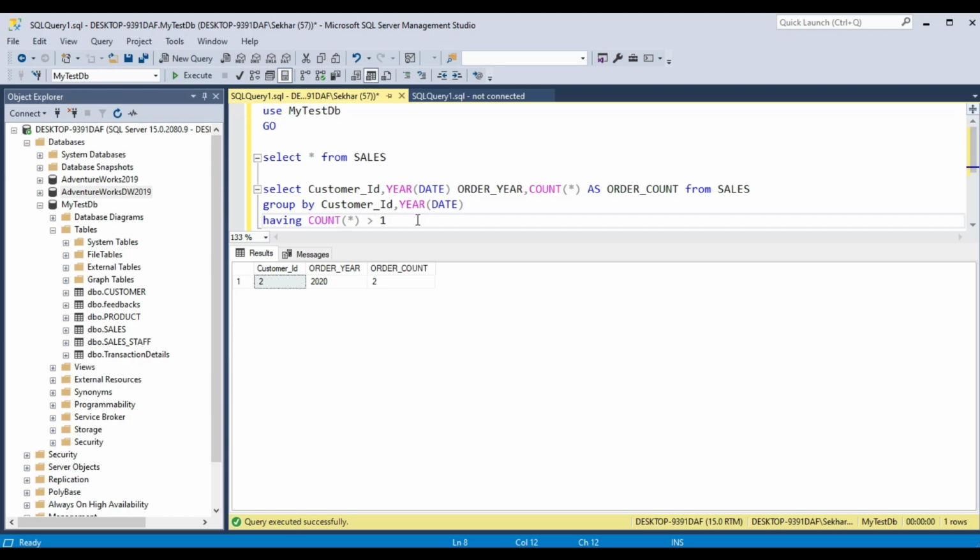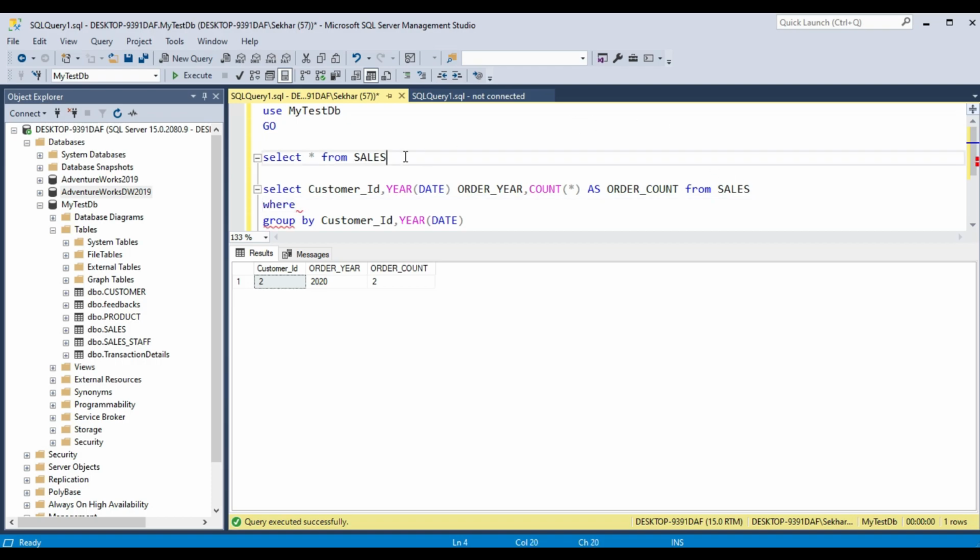So where is also a kind of filter, having is also a kind of filter, they both do similar kind of work, but in a group by query you can also use where. Okay, so suppose here I can put a where clause.